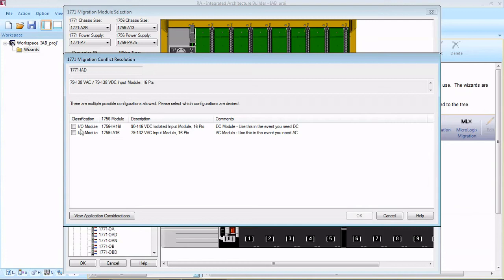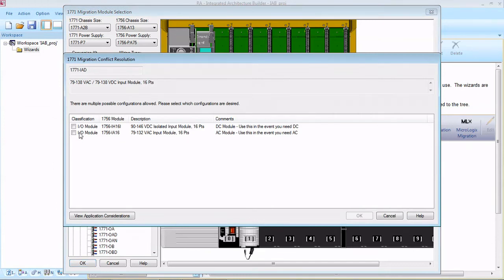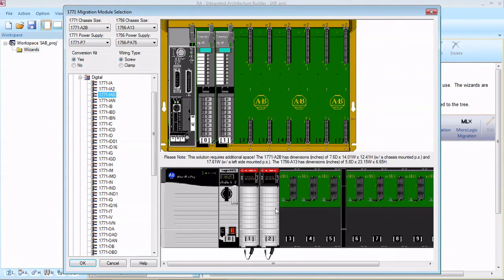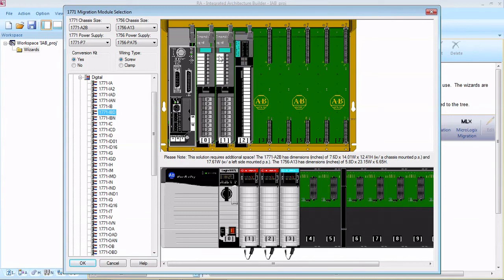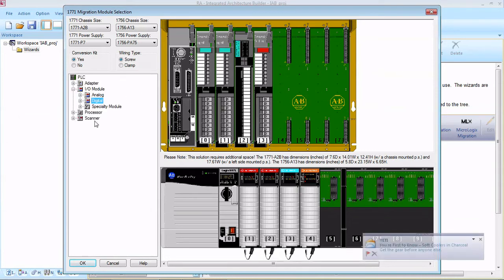Anytime that these pop up, it means that there are two modules that could possibly be a replacement there. In general, obviously our IA16, not the IH, is going to go in there. And you can see at the bottom here, it's just populating the control objects while we're dragging over these modules, just like that. So you can do that for whatever modules you have in here, and if there's anything that doesn't show up in this menu,